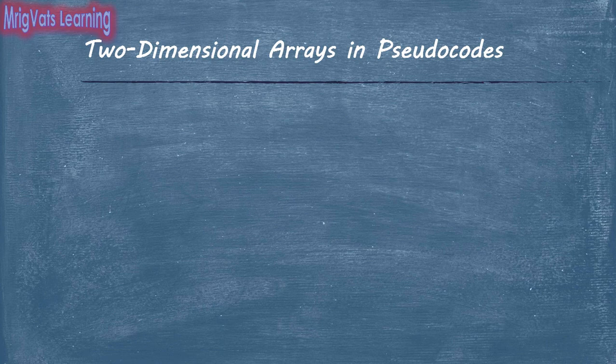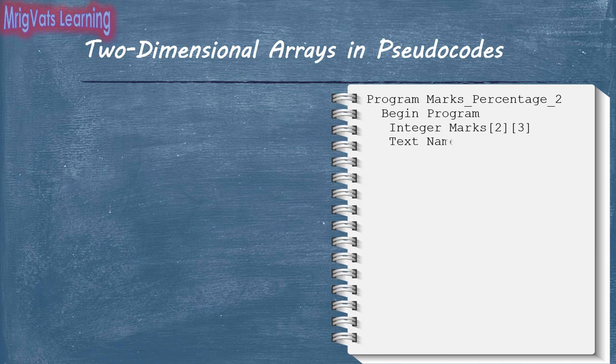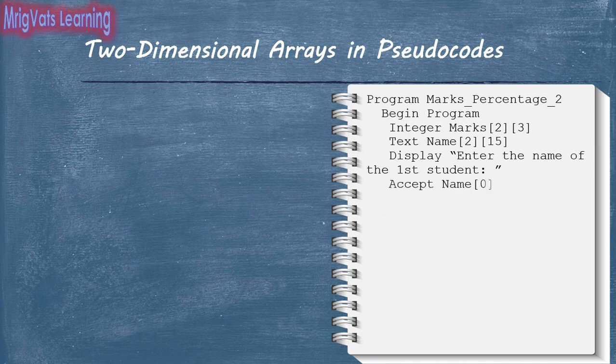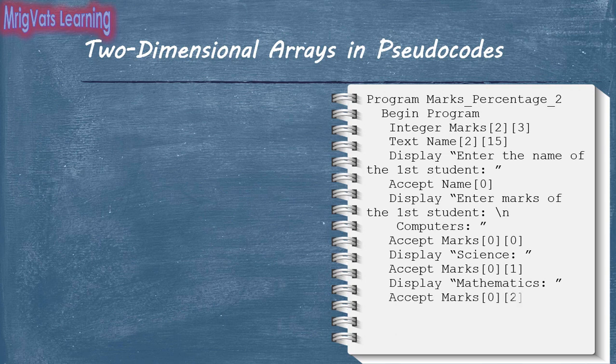and display percentage of marks for each student, write the program on the scripting area. Program marks percentage 2, begin program, integer marks 2, 3, text name 2, 15, display enter the name of the first student, accept name 0, display enter marks for the first student, \n computers, accept marks 0, 0, display science, accept marks 0, 1, display mathematics, accept marks 0, 2, display enter the name of the second student, accept name